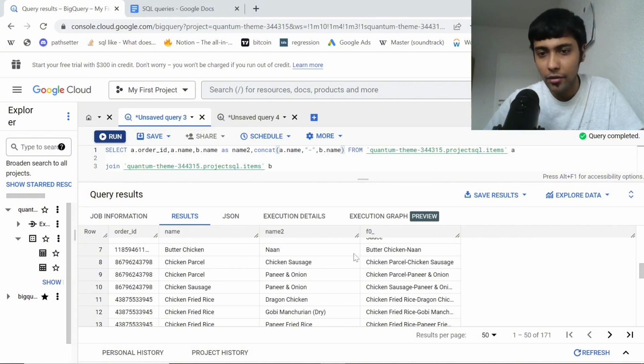So chicken parcel, chicken sausage, this is a combo. Chicken parcel, paneer onion is a combo. Chicken sausage, paneer and onion is a combo. So this way you can find what are the combo products customers like to order together, and then make some